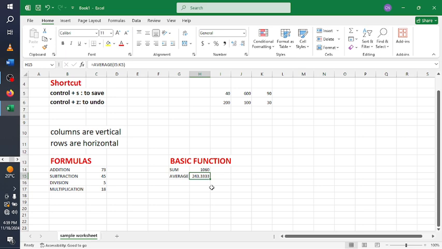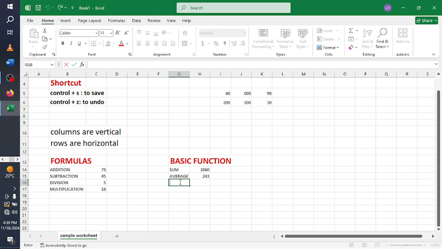243.3333. Okay, now in a case where you do not want to leave these decimals, you want to remove the decimals, if you come to the home tab here, you go to numbers, there's a way we can remove those decimals. So you can come here, you see an arrow pointing to the right, that's a way to decrease the decimal. You see an arrow pointing to the left, that's a way to what? Increase the decimal. So in this case, we want to remove all the decimals, and we have an average of